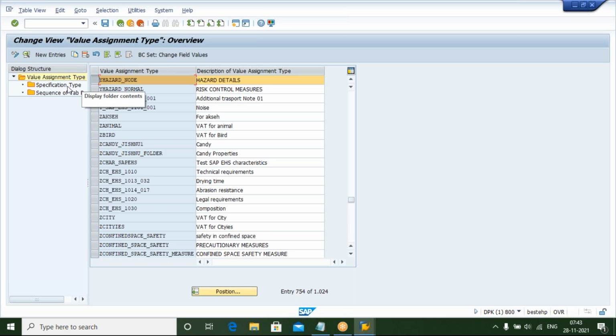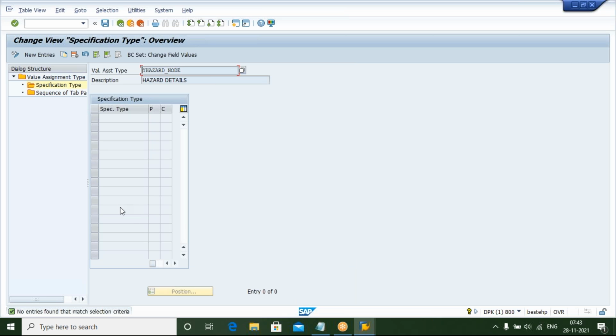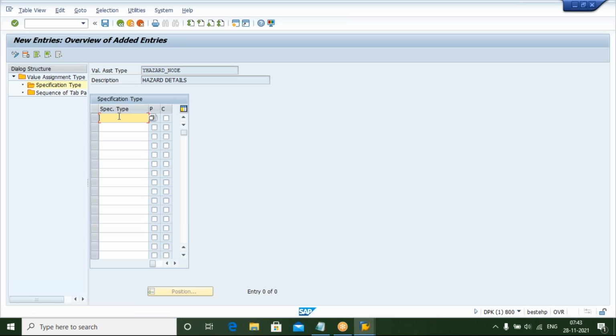Then double click on specification type. Double click. You will get this screen where you can add specification type. Now go to new entries. Select the specification type which you created. YHZ underscore spec. This is my specification type. Enter and save. Again go back